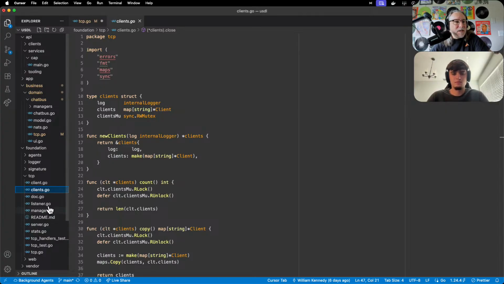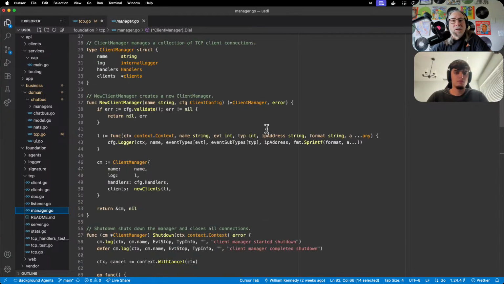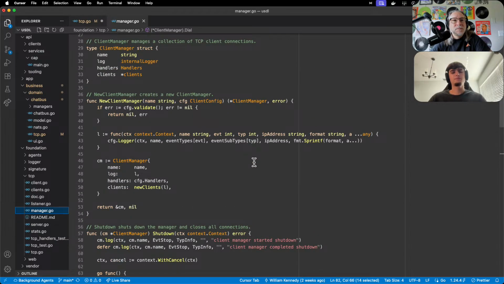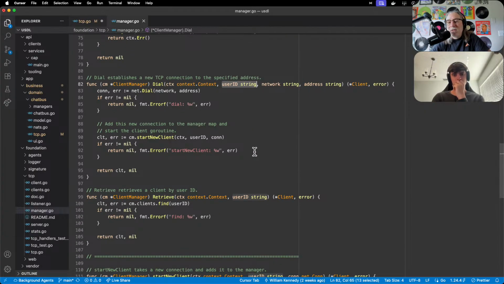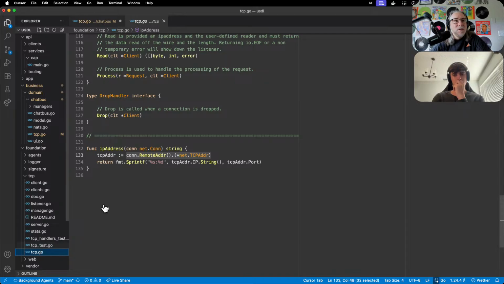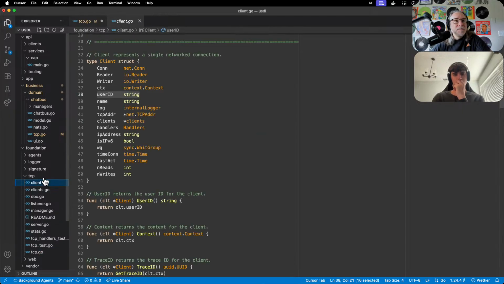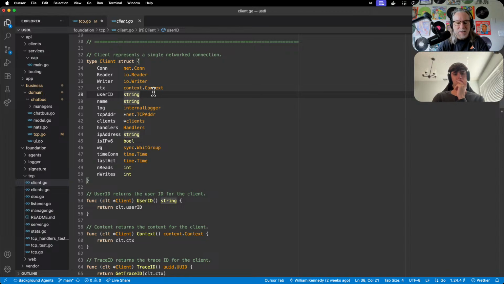And when we're dealing with the client manager, we ask for the key essentially for this thing. I mean, that's what that user ID is anyway. It's really a key, okay? And then on the server side, we can't ask for a key, so we use the IP address. So the first thing my brain is saying is that maybe what we need to do